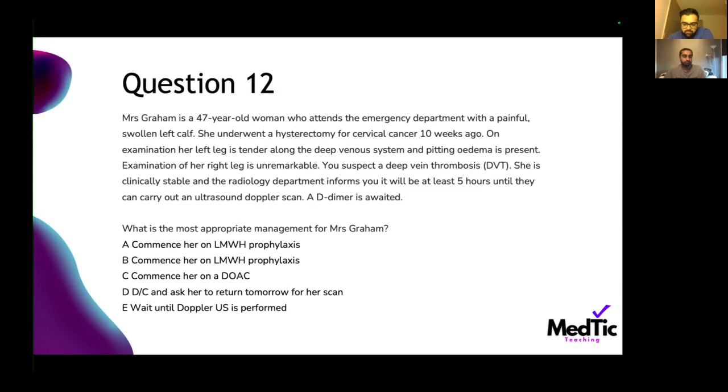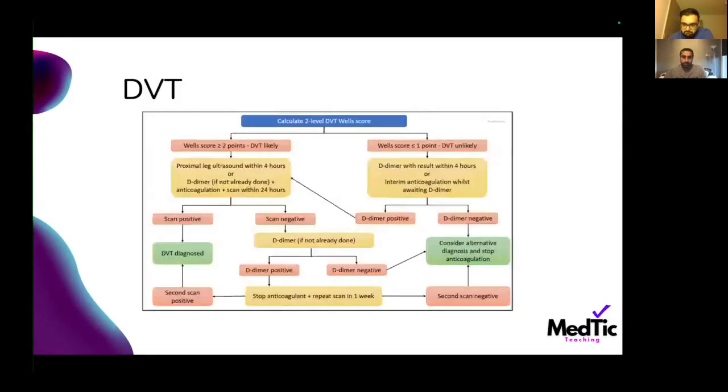So everyone has selected C. Very good. The answer is C. It was very obvious this was a DVT in this case, but just to explain, if you're thinking DVT,